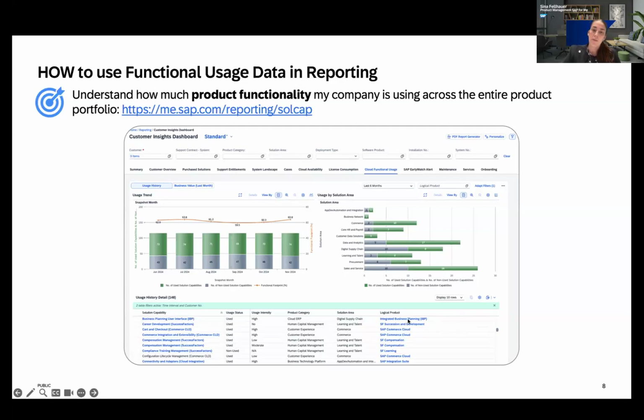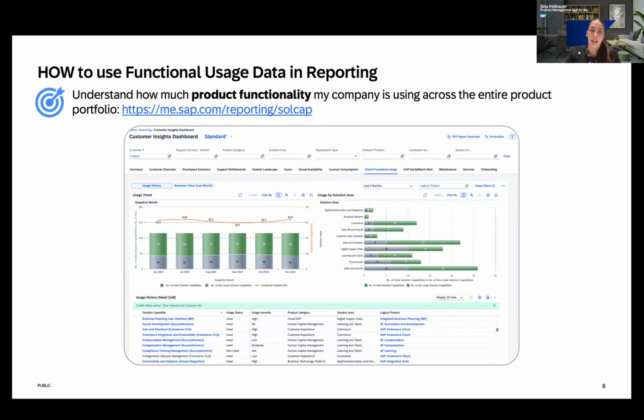Further to the right of the table is the logical product, the product that each of those solution capabilities is assigned to. And here you could also, for example, click on this product and really deep dive into the product and see the historical trend over the last couple of months for this product specifically.